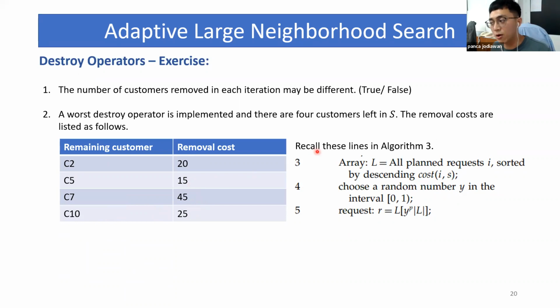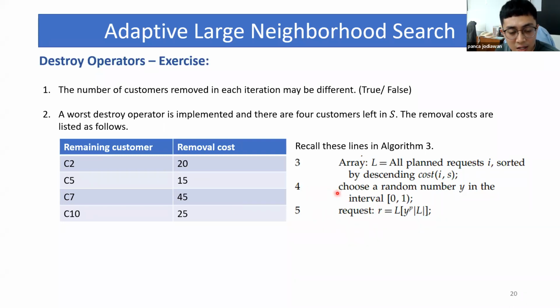And I will recall these lines in algorithm 3. It starts with the array L, all planned requests or all planned customers, sorted by descending cost. Sort it first in a descending manner. You can take a paper or calculate it in your mind.